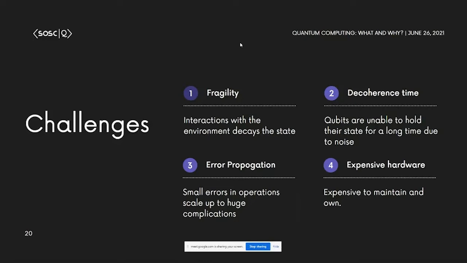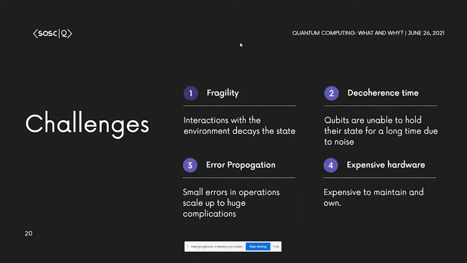And then error propagation. So what basically happens is when you apply gate operations, you have to use lasers, or something else, to rotate the qubit or get the operation on. What if there is an error in it? Let's say there's an error of 1 degree or 10 degrees in that rotation. What happens when you have a million operations? That 10-degree error will cost you a lot. And since this quantum state can have so many states, you will end up somewhere where you do not want to be.